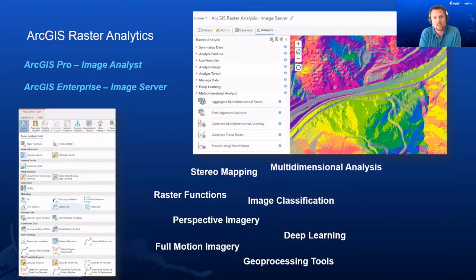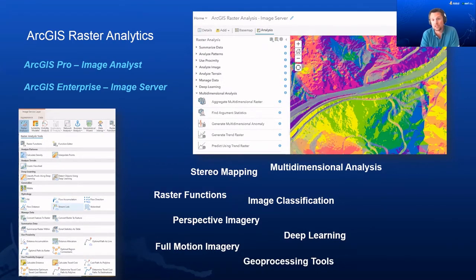Similar to geoanalytics, raster analytics allow you to process large amounts of raster data using image server. So you can use one or multiple servers to do your analysis on very large data sets. It has a collection of tools to manage your data, analyze patterns, analyze terrain, and use deep learning for object classification and object detection, as we saw before.